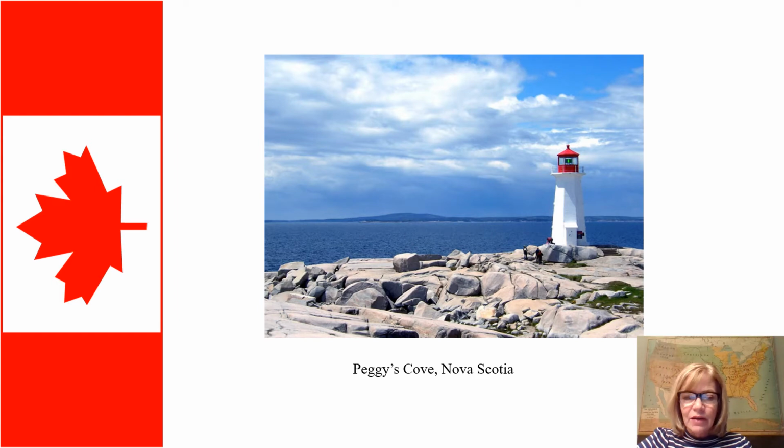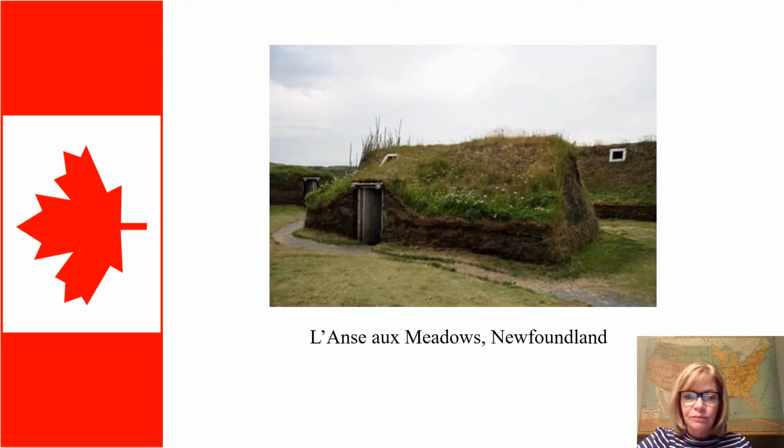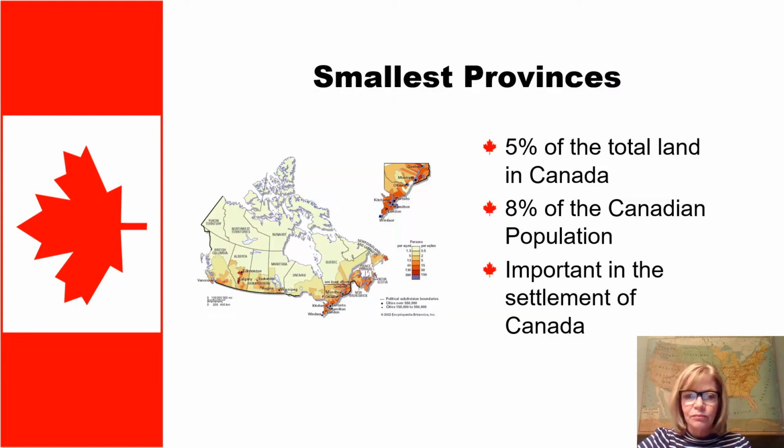There's a lighthouse out there. You can see the craggy coast, very rocky. That's indicative too of New England, the Appalachian Mountains. Right, and this is also the site in Newfoundland where the Vikings went and lost the meadows, like in the year 1000. Okay, these are the smallest provinces, only about 5% of the land and 8% of the